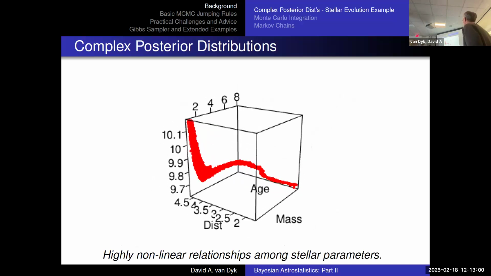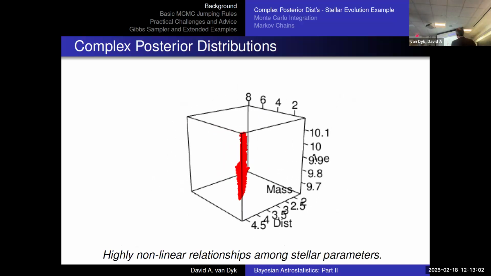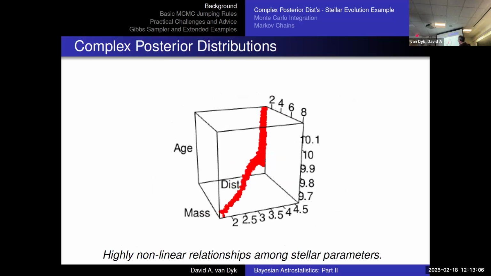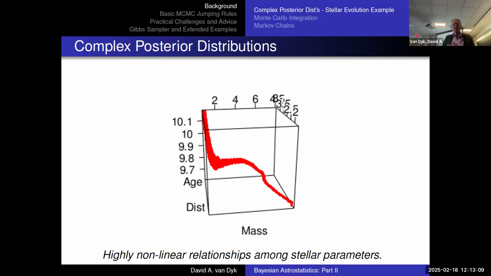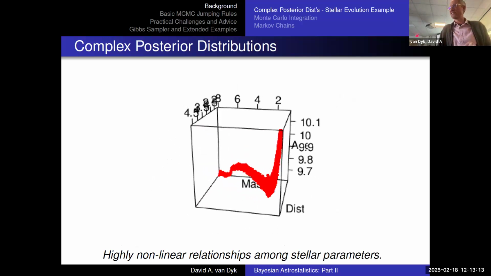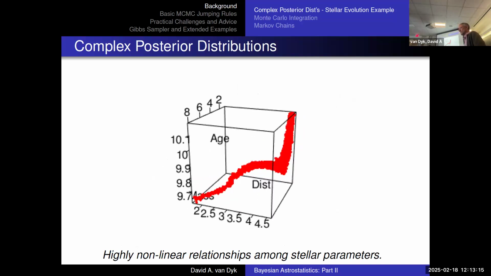This is just a little picture, same thing. I'll bring a posterior distribution in 3 dimensions, so it's mass, distance, and age. And again, you can see these kind of complicated structures. This is for a very small data set. If you have bigger data sets, bigger clusters, these problems disappear. But this is for a single cluster, or